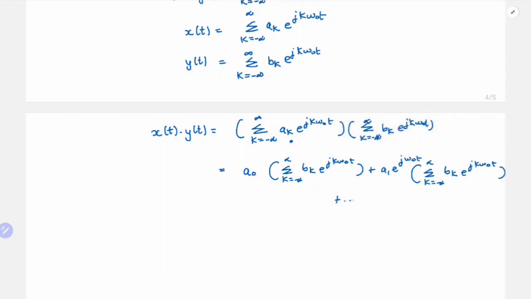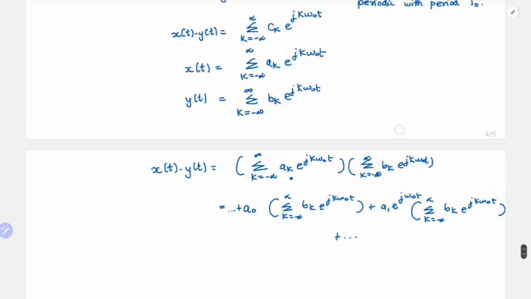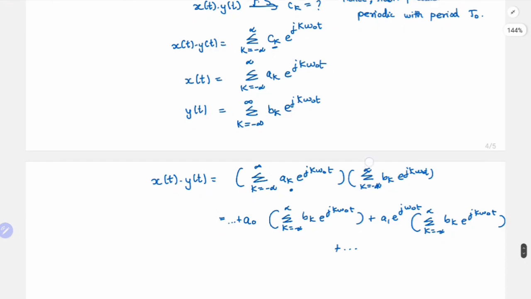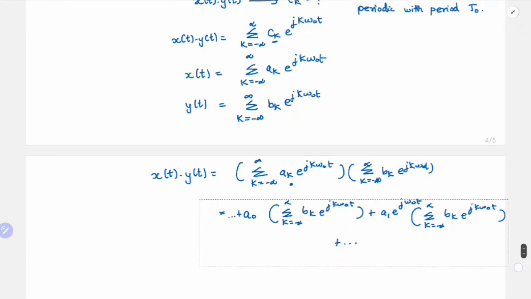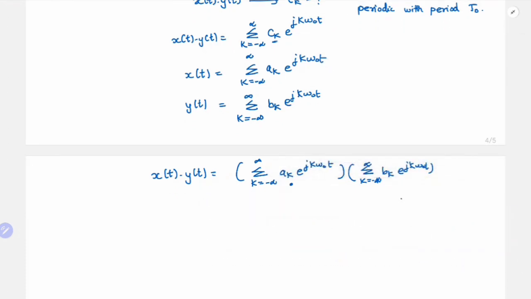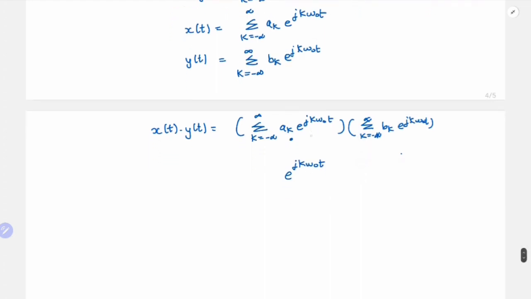Right? And so on, and even on this side it is the same way. But there is a simple way to determine Ck. So let's see about it. What is the base for Ck? It is e power jk omega naught t, right? So if you see this and this, if I take e power jl omega naught t from here and e power j k minus l omega naught t from here, if these terms are multiplied and I am varying L,